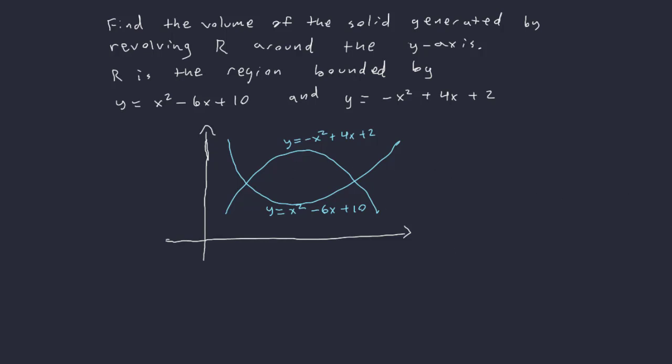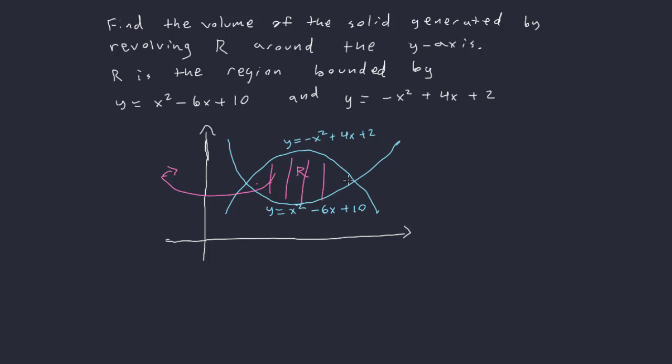And we want to revolve this region around the y-axis. Now, we're going to want to use shells here because these are already functions of x, right? This is an f of x, this is a g of x. I don't want to try and convert these as x equals something, right? I just don't want to do that. That sounds awful trying to do it in this case. And then if you did it, you'd have to set up